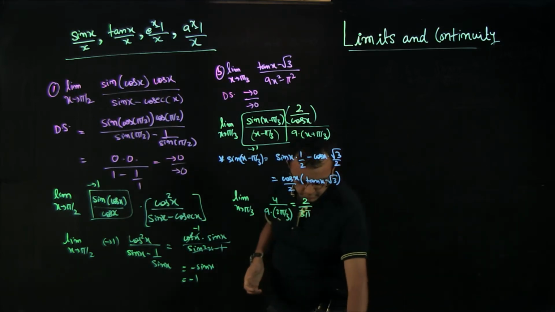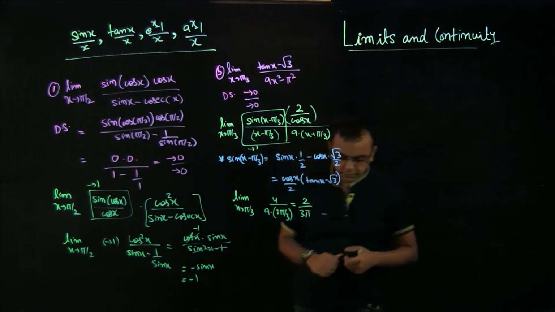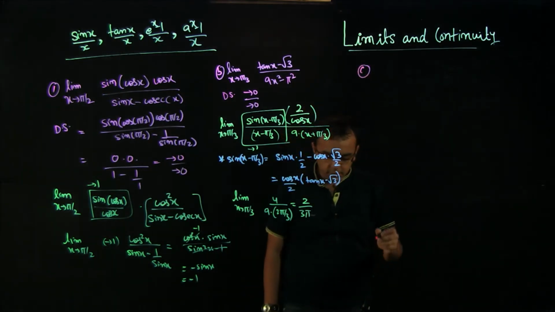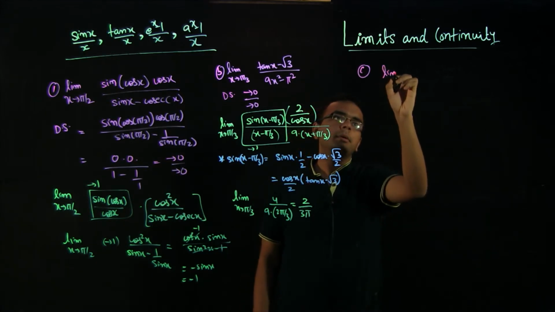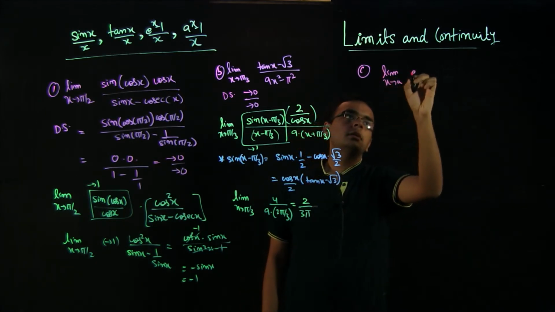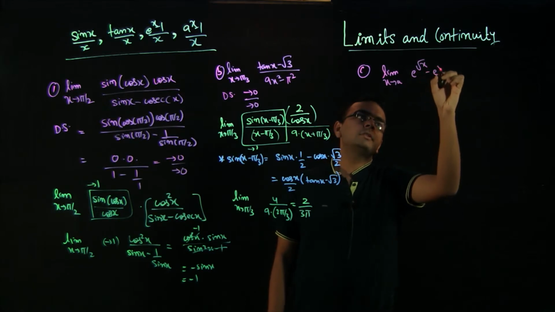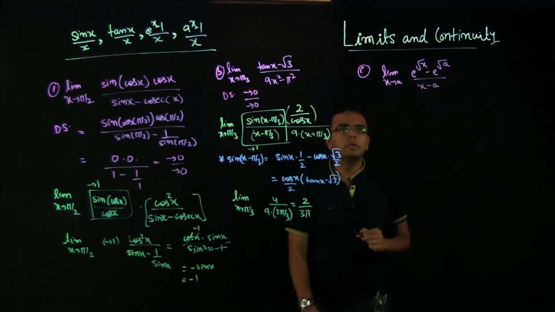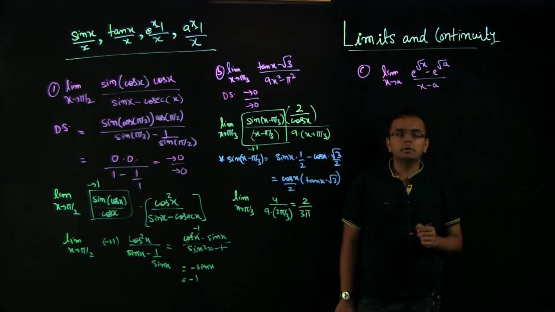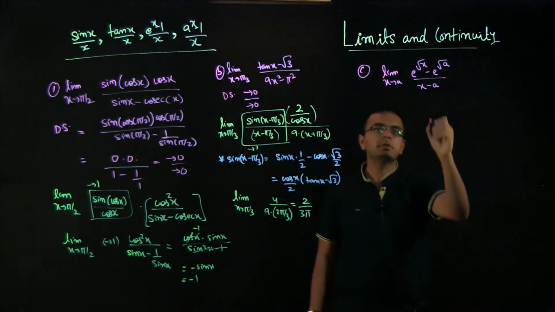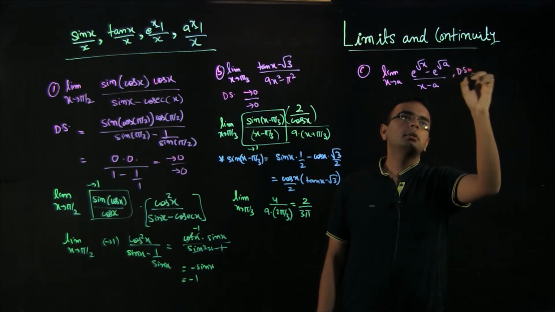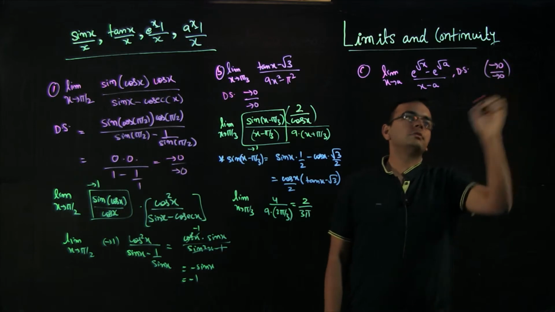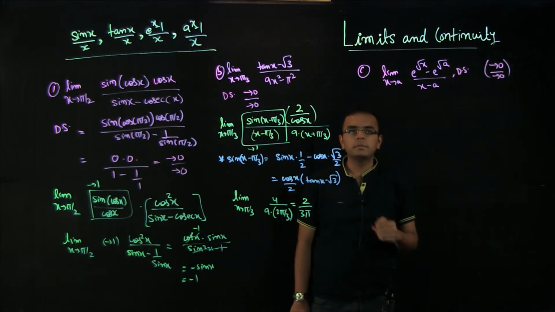So let us try one more problem, and I think it should be pretty straightforward if you start thinking about problems in the way I am suggesting here. So let's take a problem again. Limit x extends to a, (e raised power of x minus e raised power of a) divided by (x minus a). Okay. Now if you do direct substitution, this will be 0 by 0 form. So we have to simplify this form.